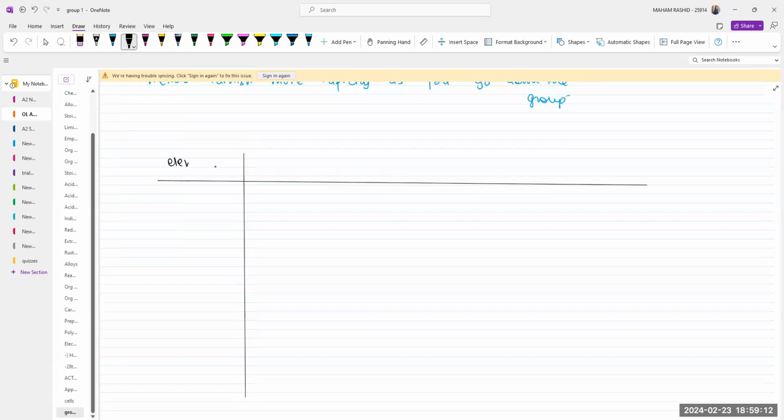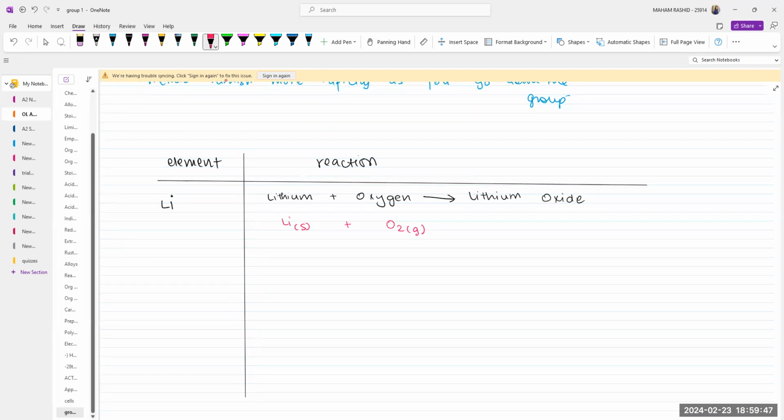Here we have the element, and here we have the reaction. These are basically a revision from the acid, base, salt chapter. So we have lithium reacting with oxygen. This gives us lithium oxide. And the equation goes: lithium, which is a solid, reacts with O2, that is a gas, giving us